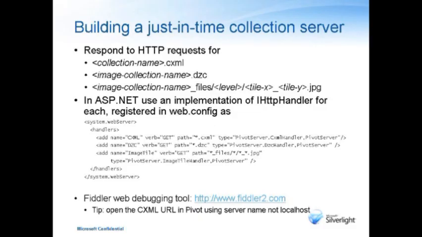Pivot will send to your server a CXML request, a DZC request, possibly another CXML request if you've broken things in two, and we'll touch on why you do that later, and then several image tiles and perhaps DZI requests later. So there's a tool called Fiddler, and you can download it for free at fiddler2.com that lets you look at the requests that are coming into your server and actually be able to inspect the contents of those